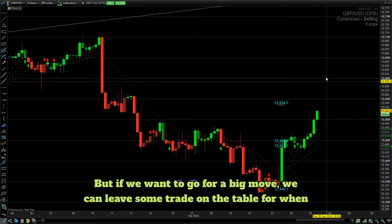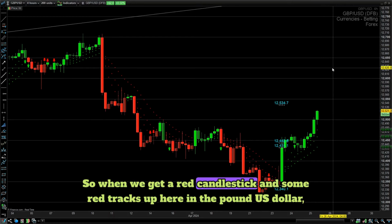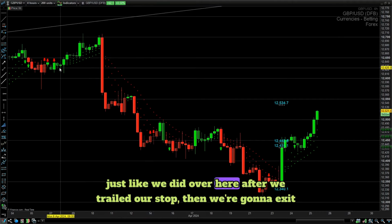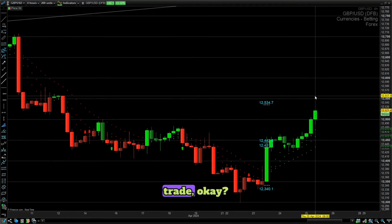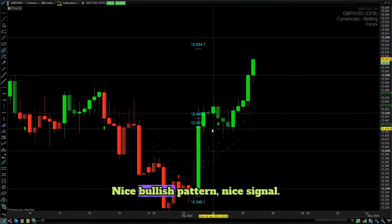But if we want to go for a big move, we can leave some trade on the table for when it actually turns red. So when we get a red candlestick and some red tracks up here in the pound US dollar, just like we did over here after we trailed our stop, then we're going to exit that trade. Okay, so let's see if we can run this up, and you can see these lovely green tracks underneath here. Nice bullish pattern,